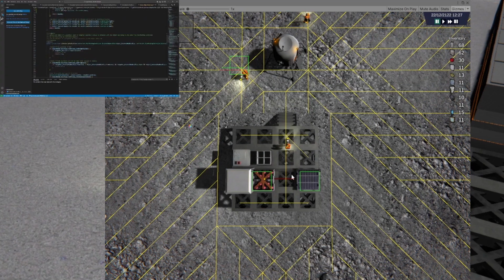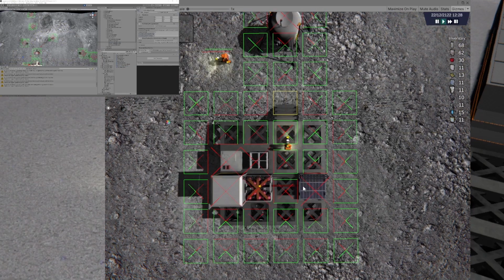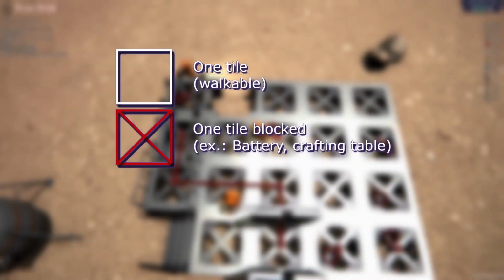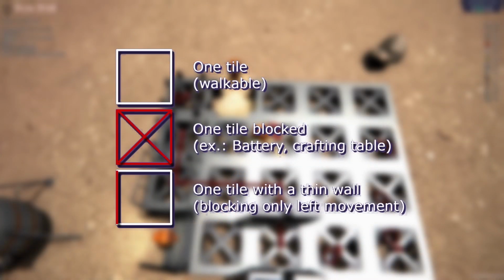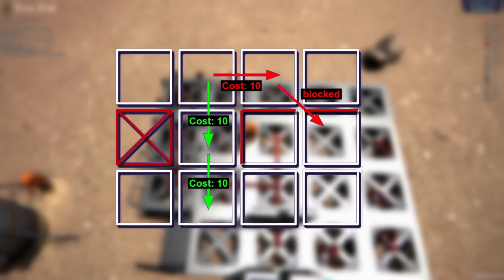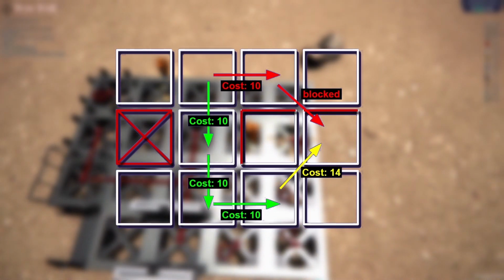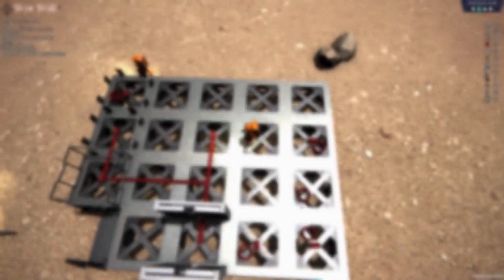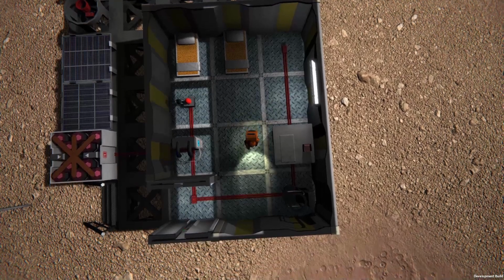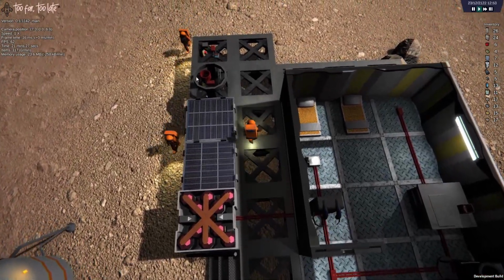In typical colony games, the position of each object constructed on the map is stored in a data structure. For my pathfinding system, I implemented a simplified map that registers only the walkable tiles and the associated movement cost from one tile to another. This concept of movement cost is crucial in a pathfinding system to ensure it always provides the best path between 2 points.